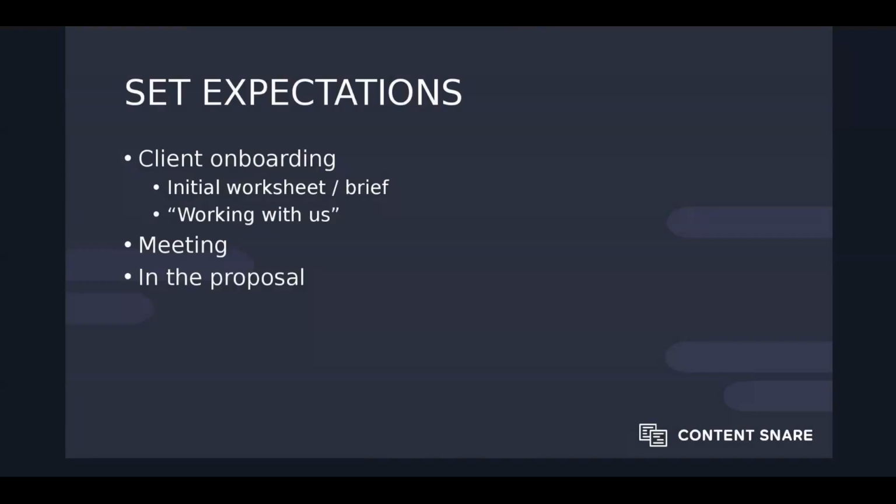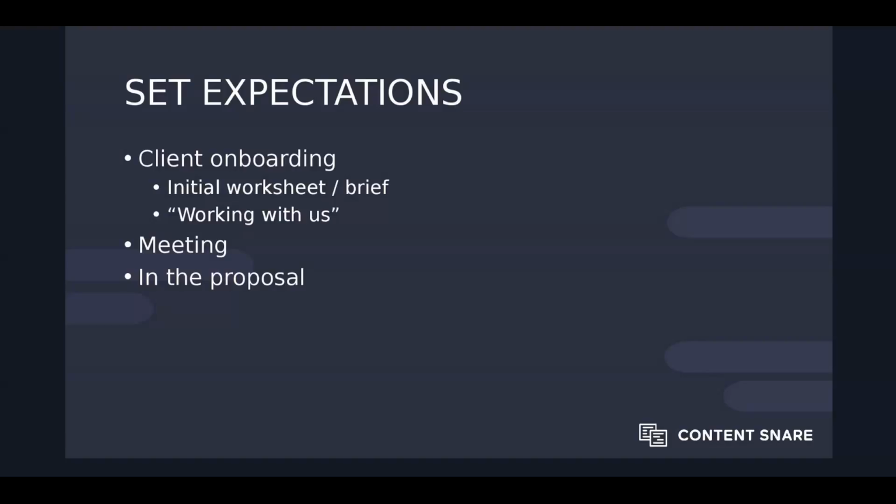And the first one is in the very beginning in your client onboarding. So that might be a little brief or a form that you have on your website to kick off the project. And in there, you could have a little box that says, do you have your content ready? And there might be some options like, yeah, just take it from our current website, or no, and I'll need some help, which can be a little opportunity to upsell them. And no, and I will be taking care of it, or someone on my team will be taking care of it. This is up to you. It depends who your clients are, what your process is like, but that's a good place to start getting them